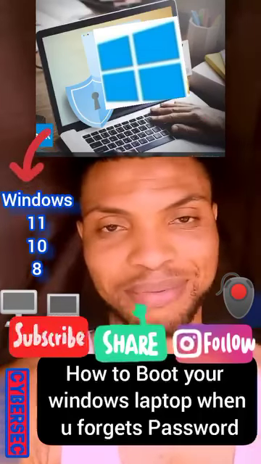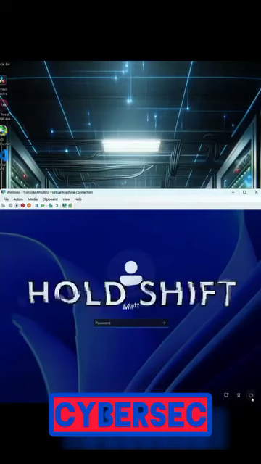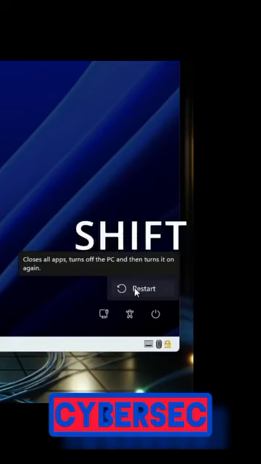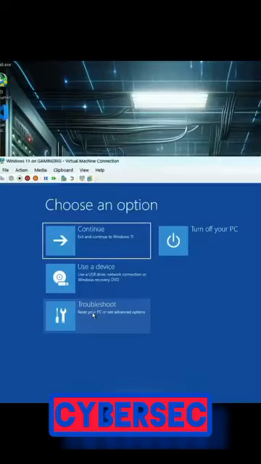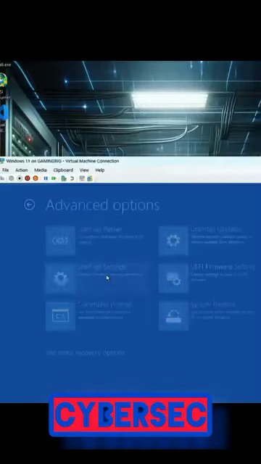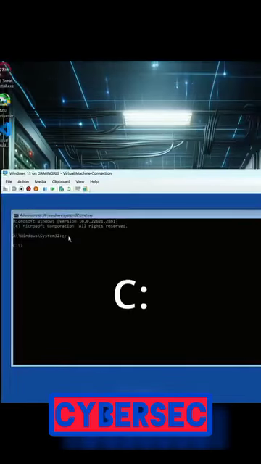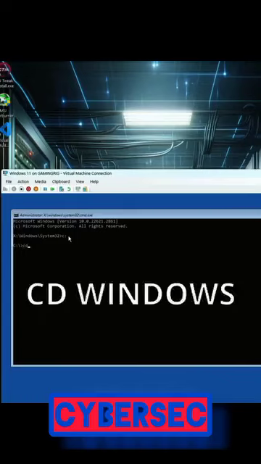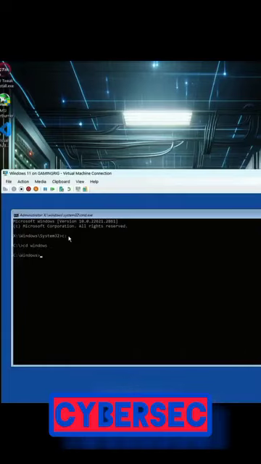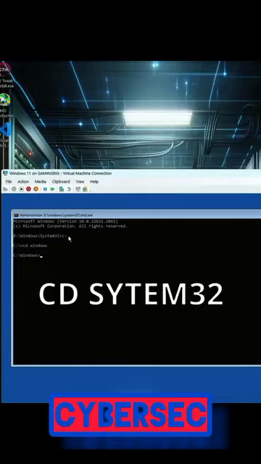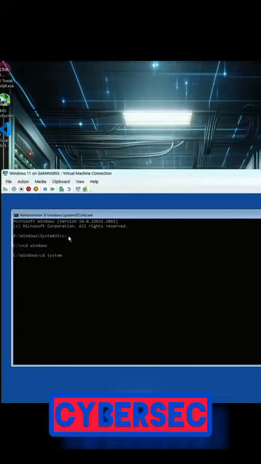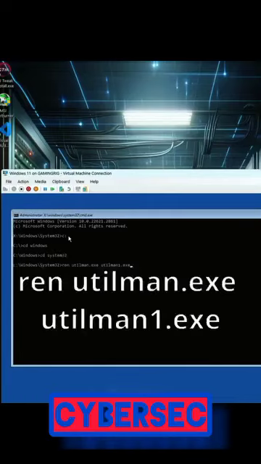All right, let's go. We are working on Windows 11, so hold down Shift and click Restart your PC. Then while holding the Shift, go to Troubleshoot, click Advanced Options, then Command Prompt, then type C colon, enter, then type CD Windows, then type CD System32, then type ren